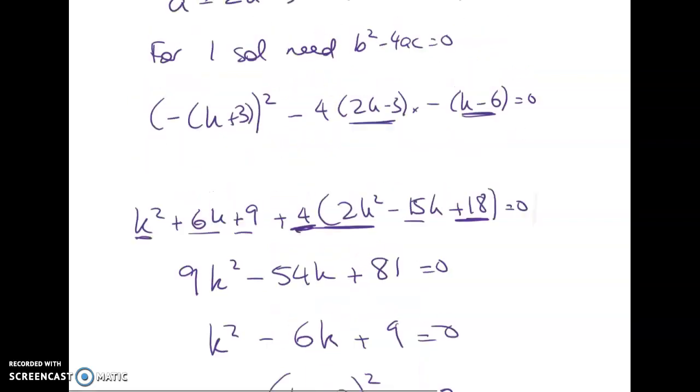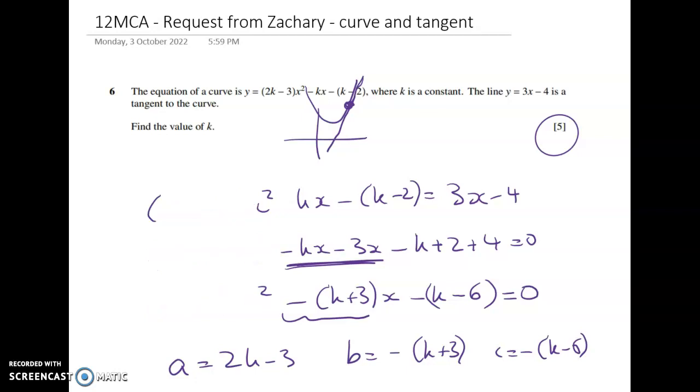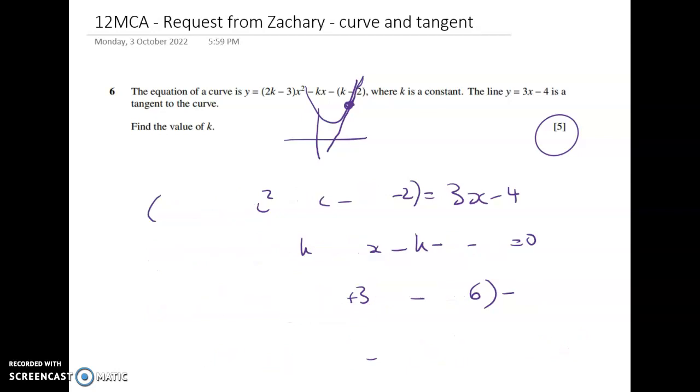So that was really nice, right? We just remembered about discriminants and tangencies and all of that, and it was 5 marks for not really that much work. If we do it the other way, if we forget about what's going on when something's a